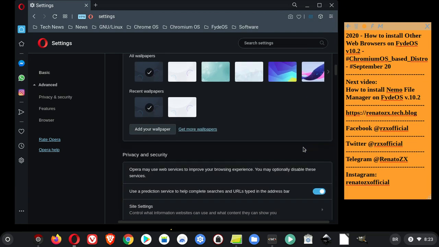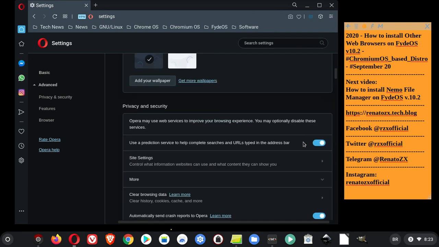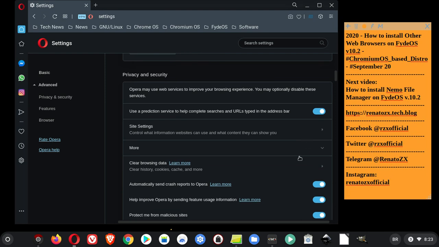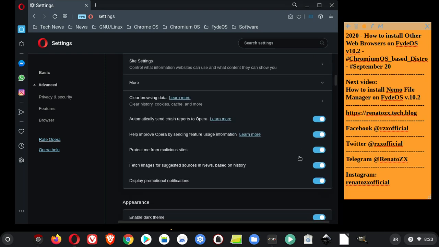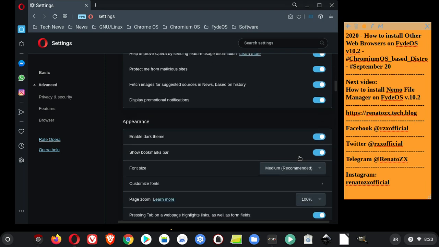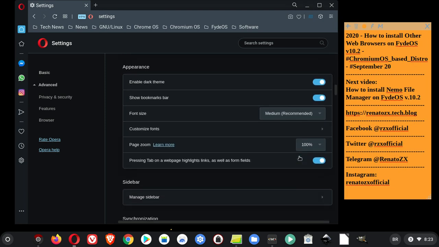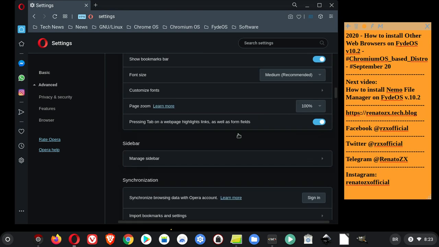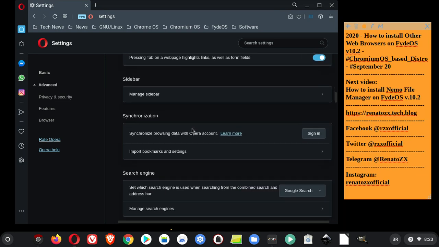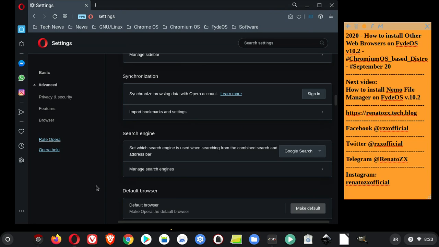Wallpaper, add your own wallpaper, privacy, automatic crash, enable dark theme, show bookmark bar. Okay, so now in here,